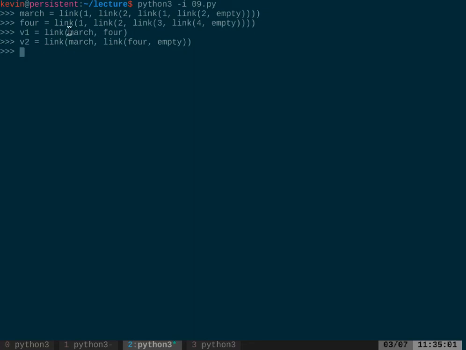Spend a moment and think about it. How do I get this 2 in March from v1, the first 2? How do I get here from v1? Because we saw that we could compose first and rest to move around this linked list. So just as a test, let's think about how we can do that.